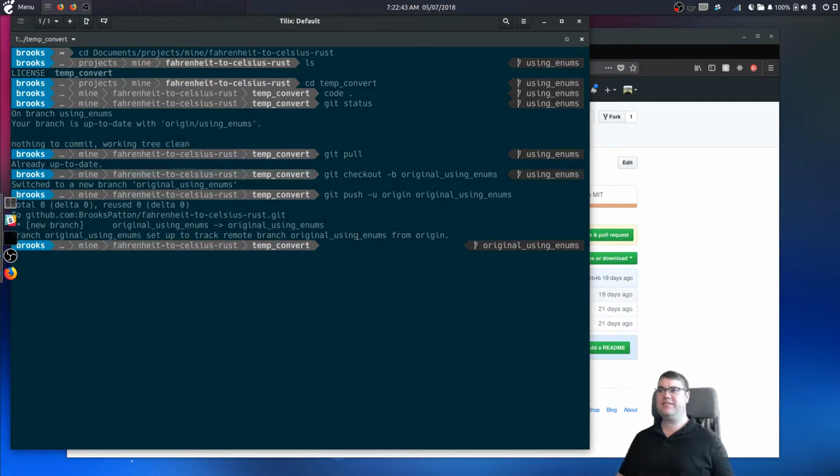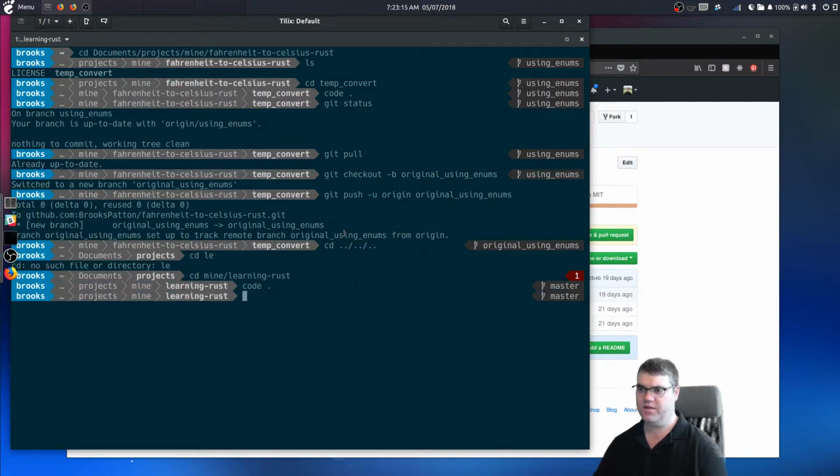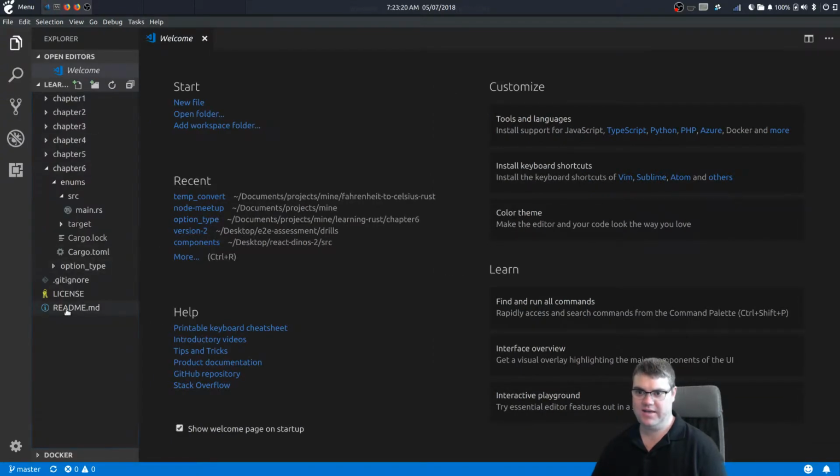Anyways, that was 20 minutes of me talking about some really awesome help that I got. I also want to, before I forget, put Avarice into, let's see, it's the Learning Rust. Oh, document projects. I'm in the wrong directory. Learning Rust here. We'll open this up. And in the README,